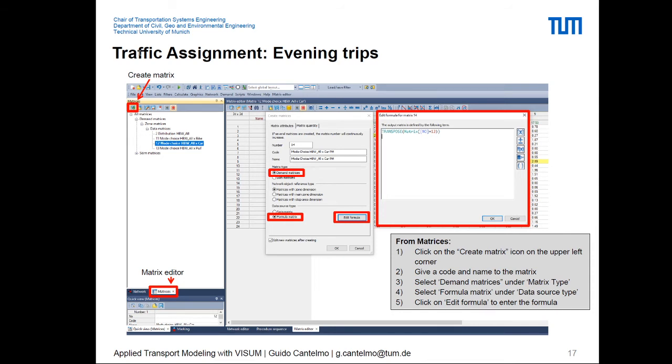As I said before, there are several ways of creating matrices in Visum. One of them is to create the matrix manually. So you can create a matrix from here, once that you are in Matrix Editor. We will do that in practice anyway. Then you can select Demand Matrix and Data Matrix, and you will have to manually fill this matrix. Another option is that you can use Formula Matrix to create artificially a matrix